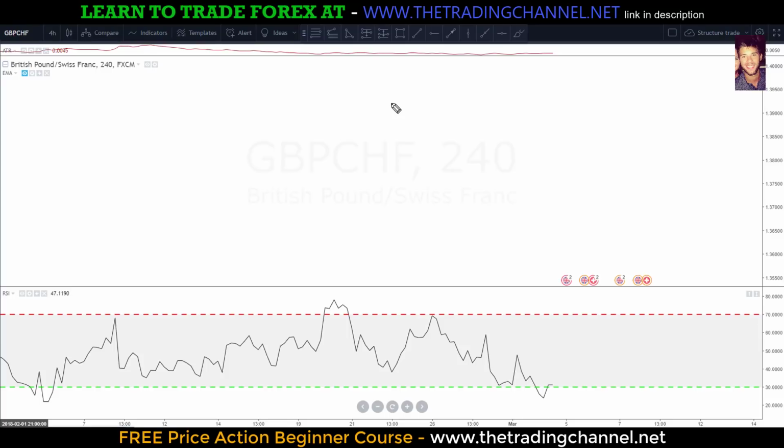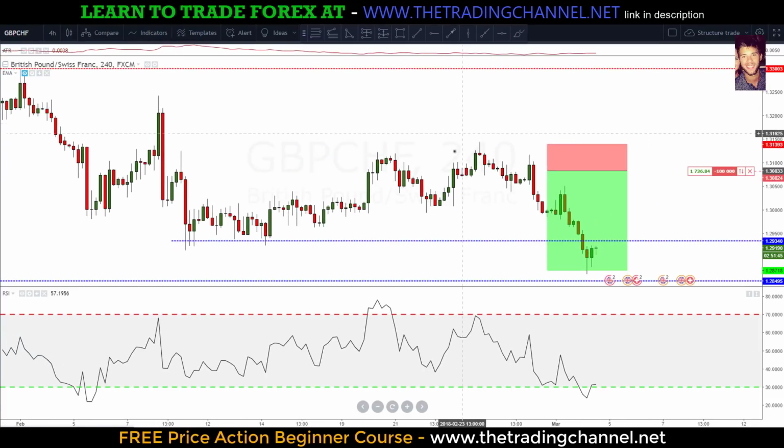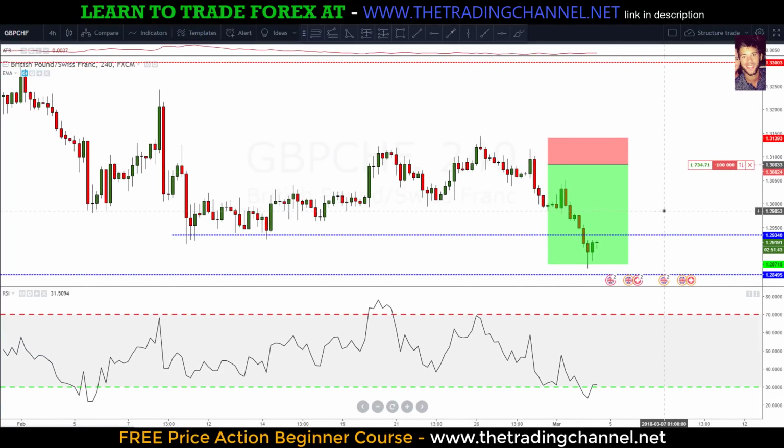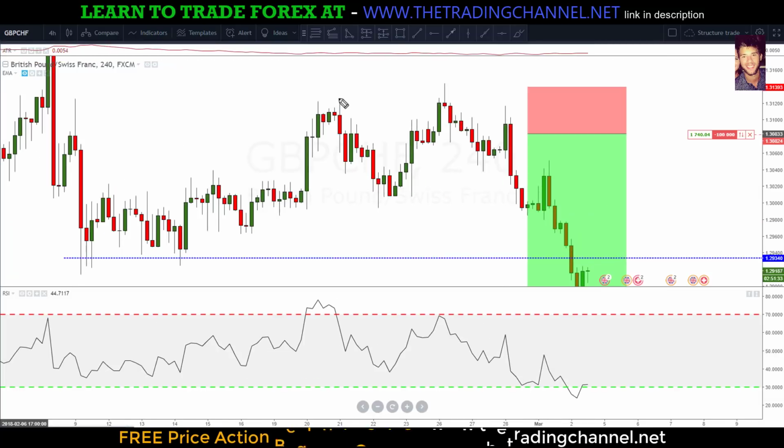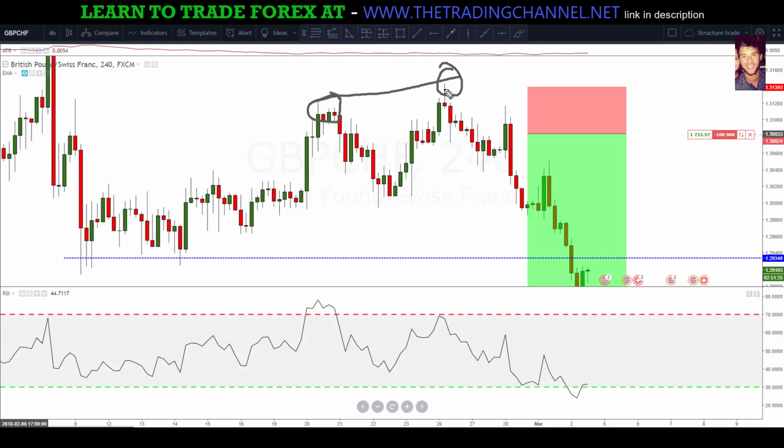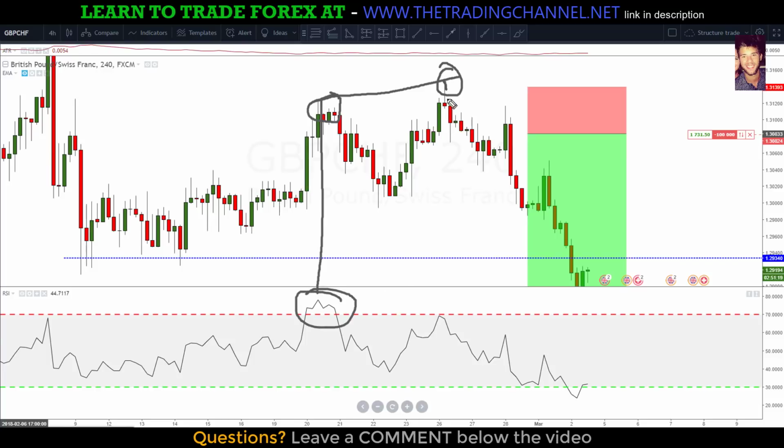So let's head back down to the pound Swiss. Scrolling down here, see if you can spot the RSI divergence on this chart. It's right here, right? We have a high. That's definitely an upward slope, meaning we have a higher high. If we look on our RSI indicator at this exact point, we have a high. At this exact point, a lower high. So once we see that, we know for a fact that we have